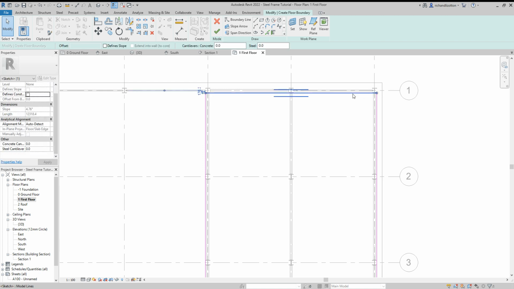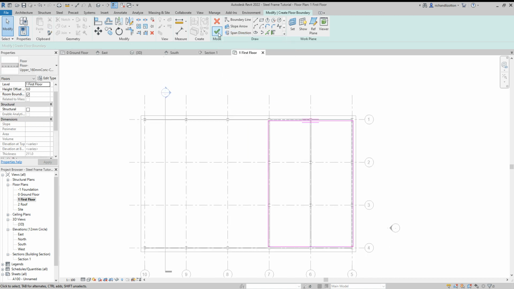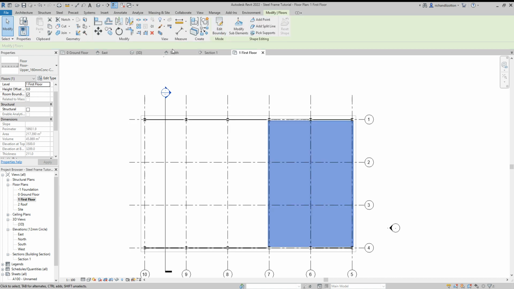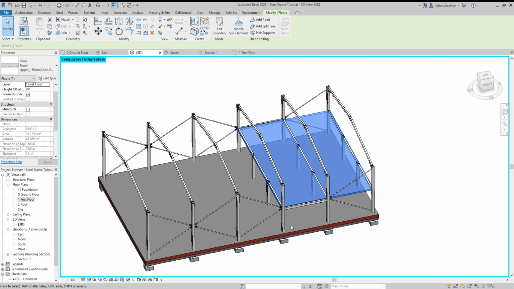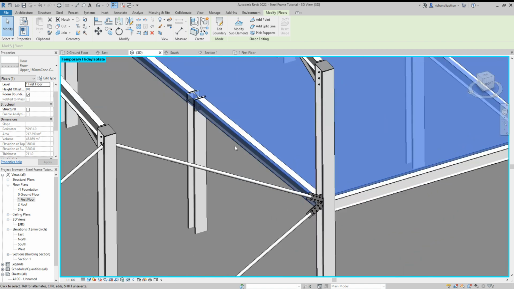Make sure that is there. If you need to change it, you can just click on the line and add the span direction. Okay, so let's check first floor. Good, tick. Now, if we look at it in 3D though, we'll see that this is actually sat at the